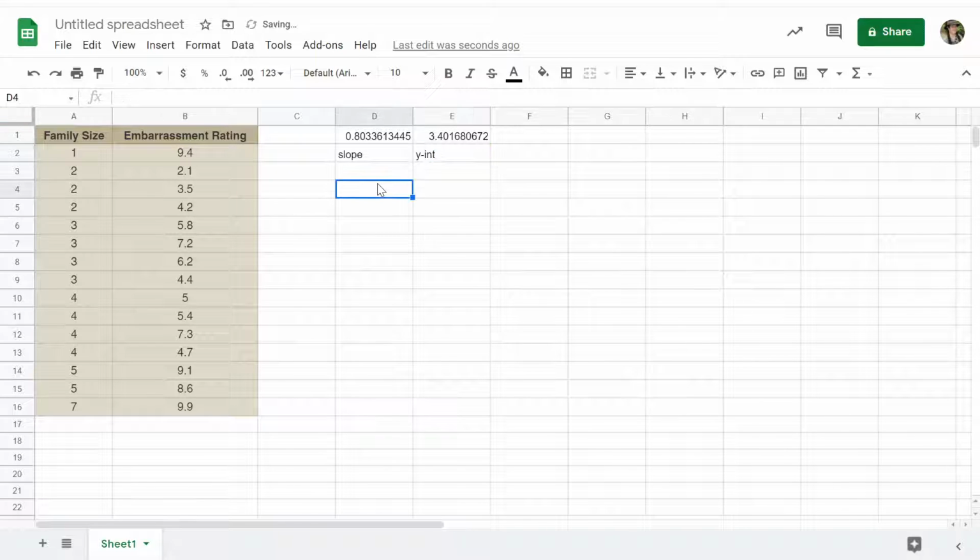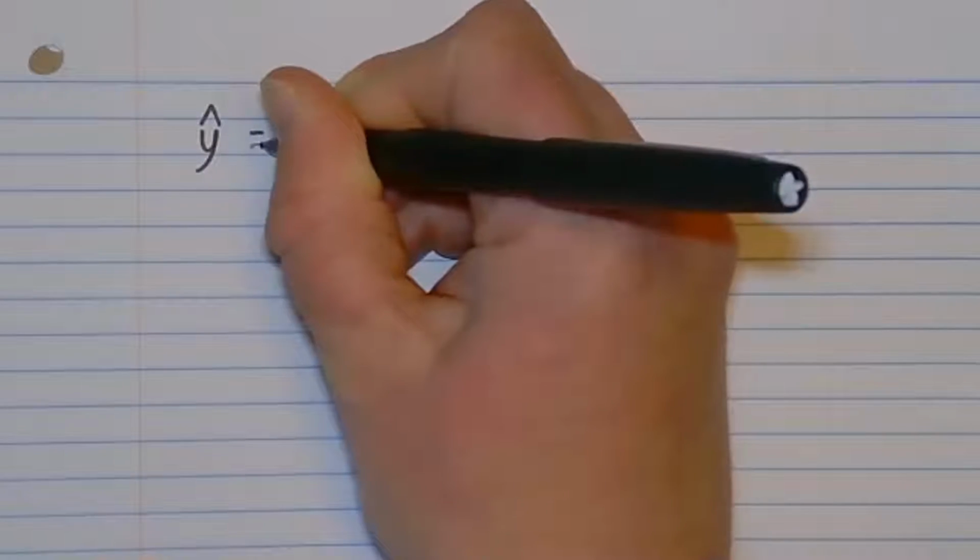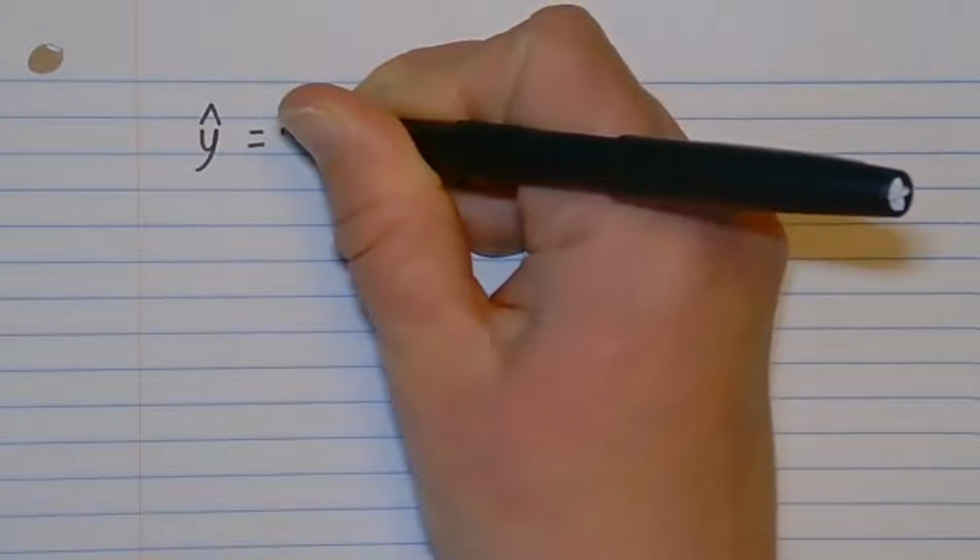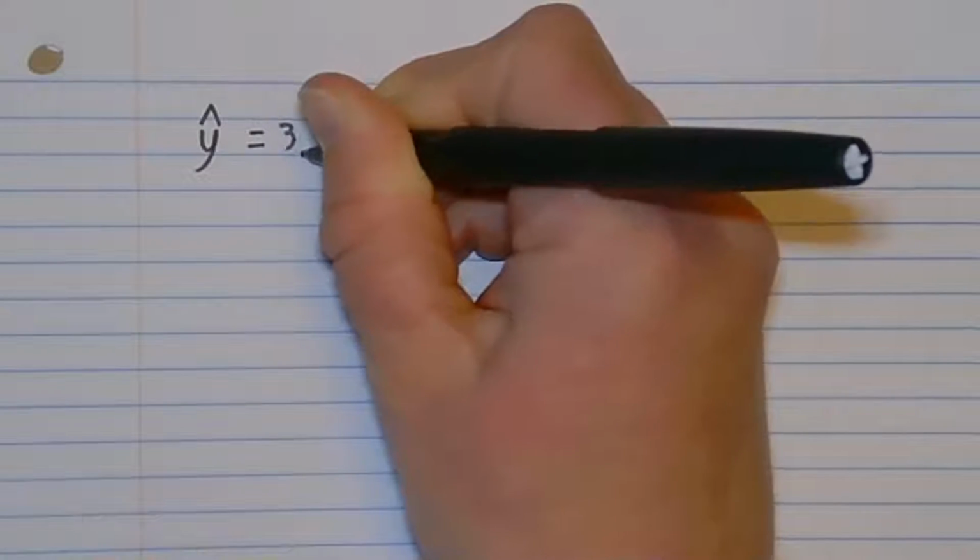So that would mean my equation would actually be, and I will switch over to the document camera for this because I want to talk about it a little bit, but I will write it down as well. So we're going to switch to the document camera. As soon as I find my mouse, there it is. So the equation is going to be y hat. Our prediction is that we'll have a y-intercept at